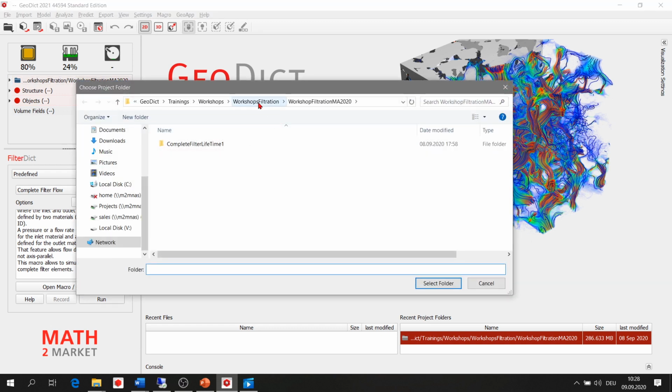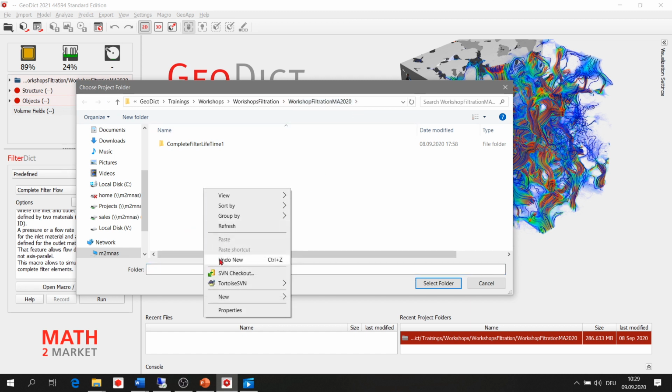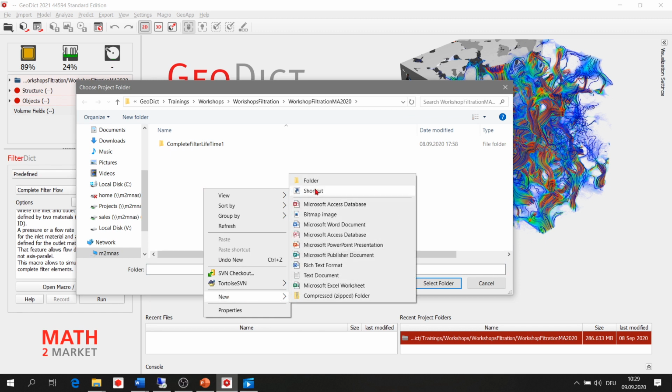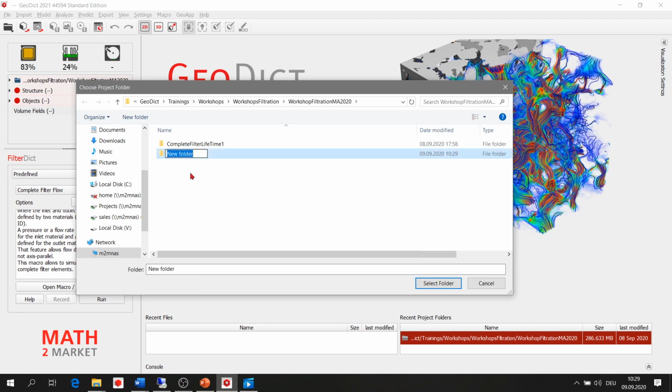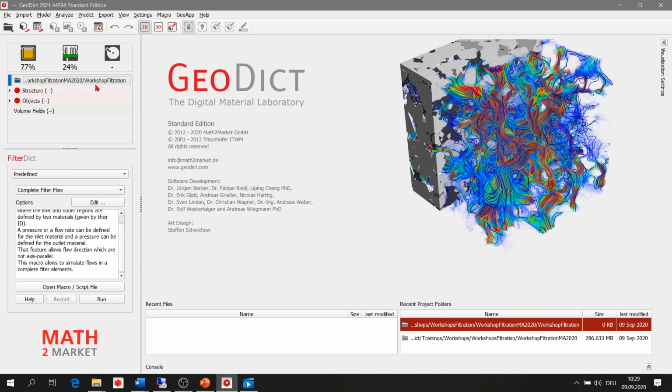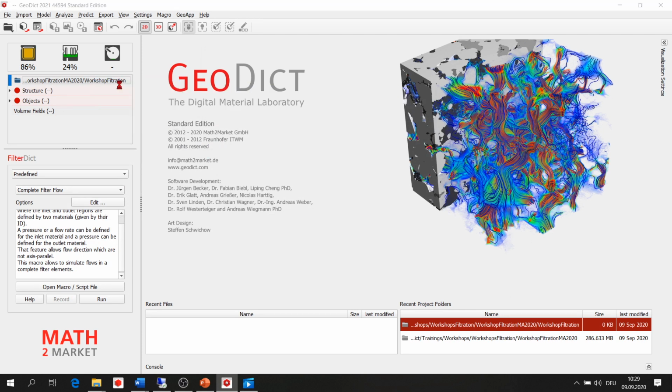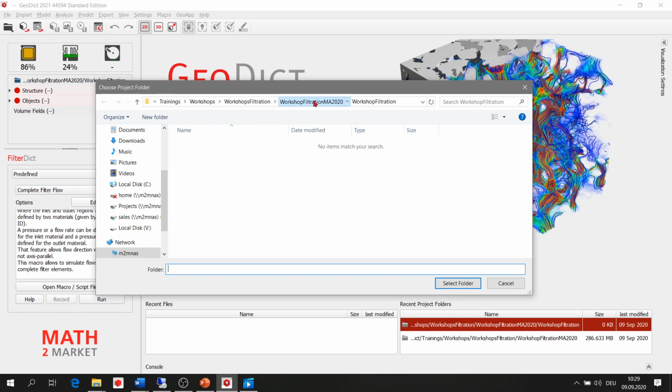You can see here I already defined a project folder called Workshop Filtration M8 2020, but you can theoretically generate a new project folder, here new folder, and you can call it whatever you want. For example, here workshop filtration, and then you can actually choose this as your project folder. I will reset this again to the one I already defined.